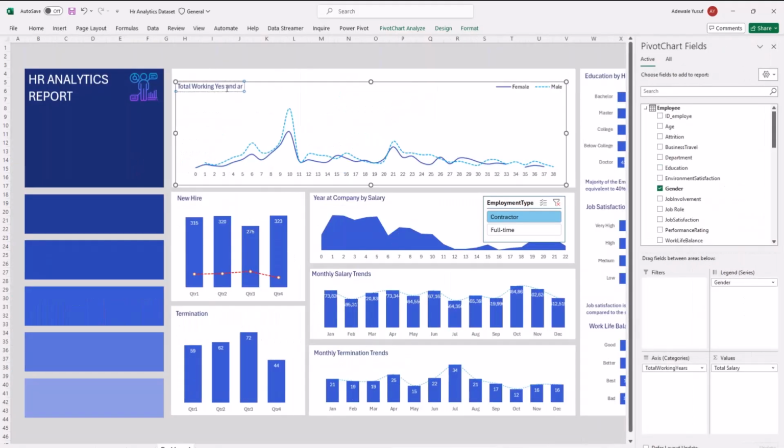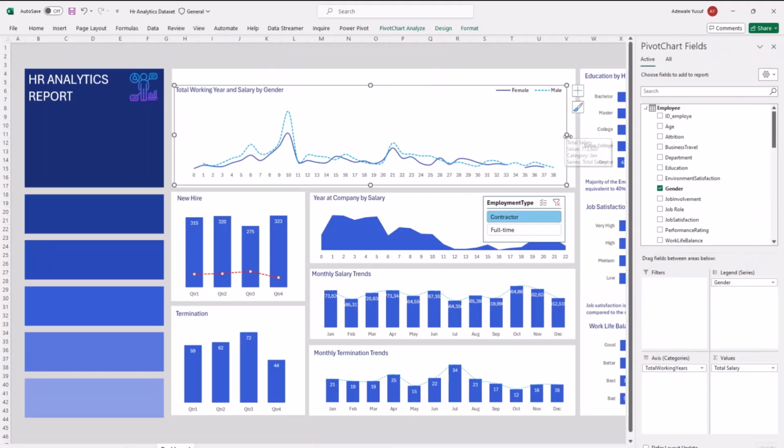Total working year and salary by gender. Okay, so total working years and salary by gender, and that is the trend of what is going on in there.